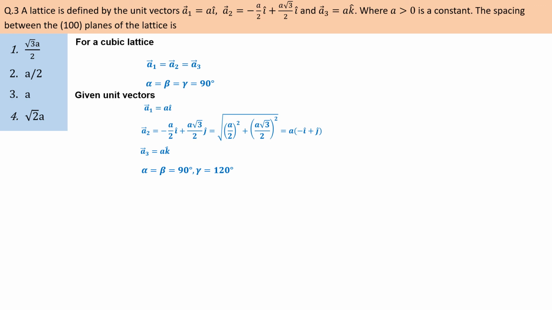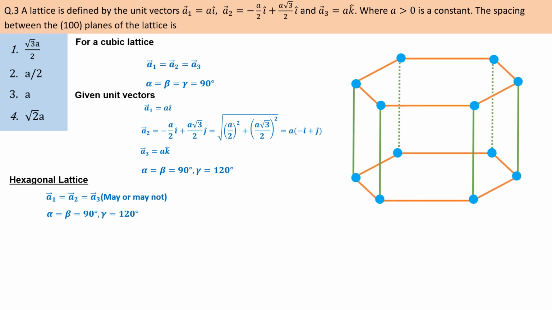This property is of a hexagonal lattice. In a hexagonal lattice, generally 2 unit vectors remain the same, but this is not mandatory. All 3 unit vectors can also be the same, but the angle always remains 120 degrees. This is a hexagonal lattice. A hexagonal lattice requires 4 crystallographic axes to define: 3 axes A, B and D in the 2D plane at 120 degree angle from each other and the C axis